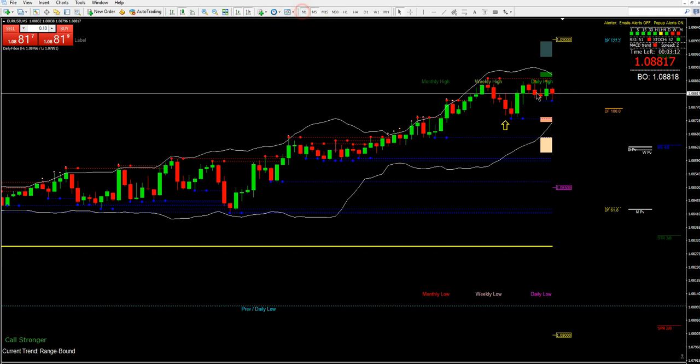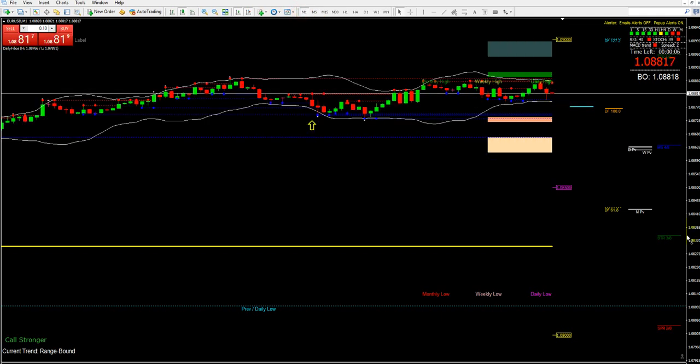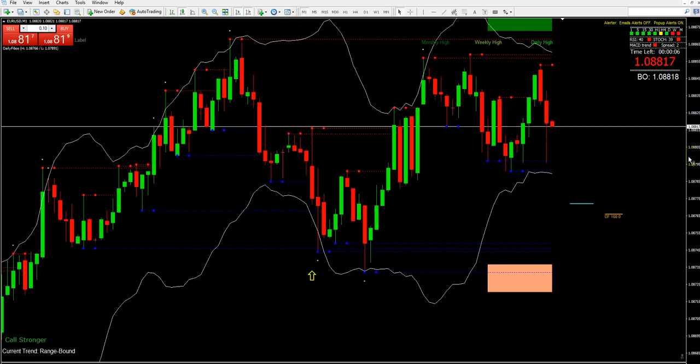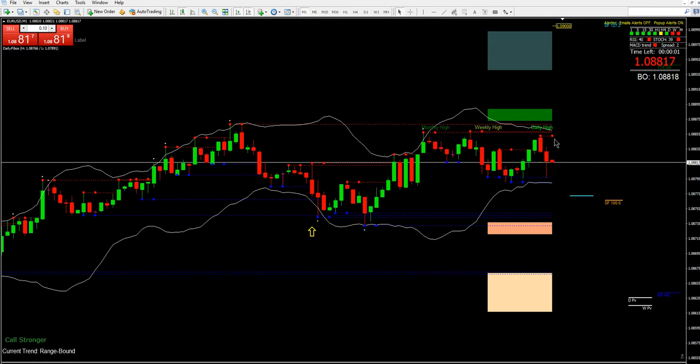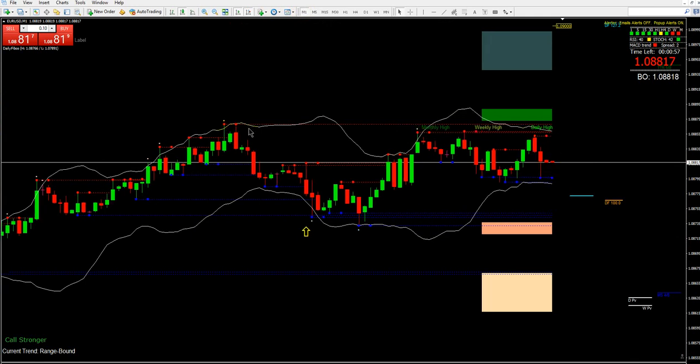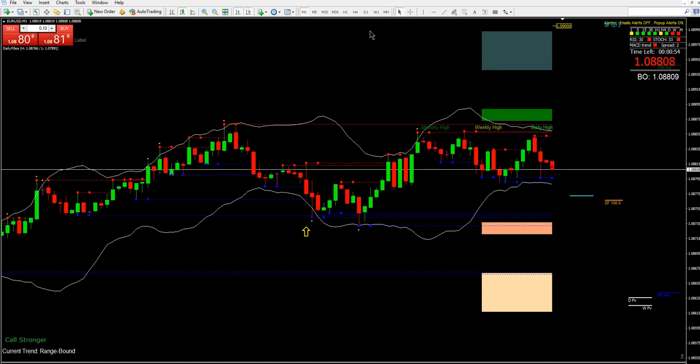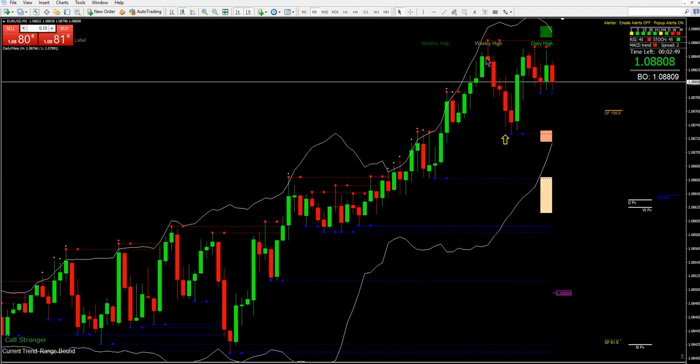Now what the 1 minute will hint you in on is that if the 1 minute starts clearing above here, and the one we're interested in is over here, but if it closes higher than these, then we immediately would want to go to the 5 minute and watch for it to bust above this one, which is this one here.